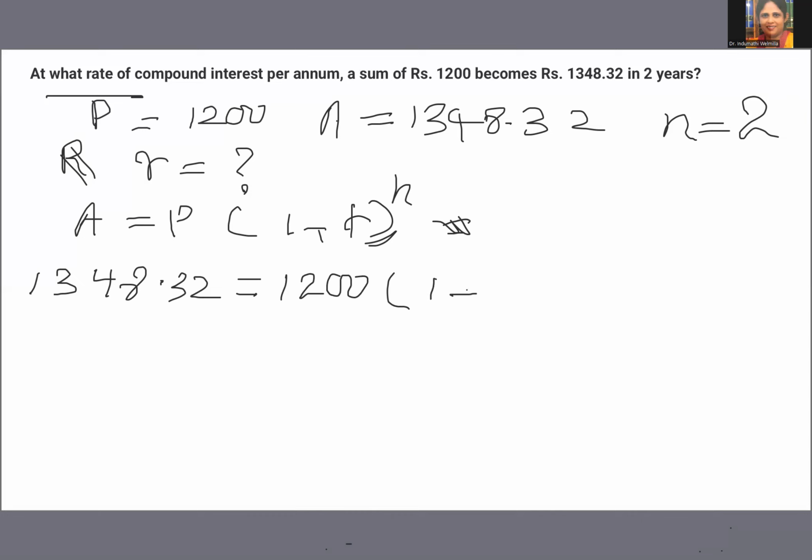1 plus, we don't know R, no? We need to find out the R, no? R, it's N equal to 2. Okay. So then